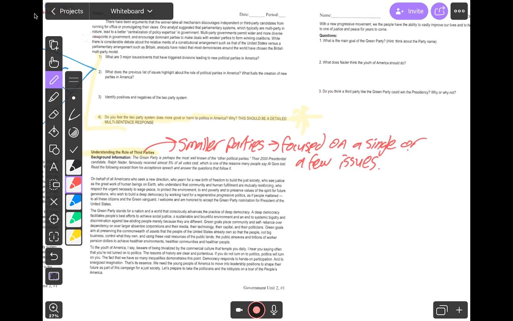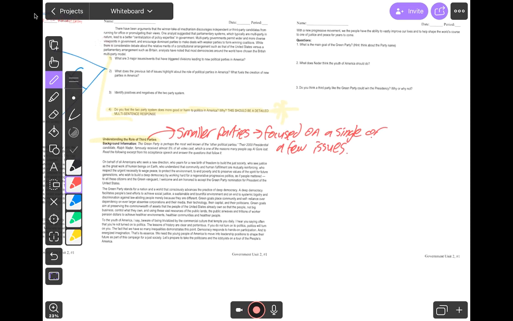Okay, so what you're going to be using this reading to do is try to figure out, well, what are the issues the Green Party is addressing? As you can see in this background reading here, in the 2000 presidential election, the Green Party had a candidate run, Ralph Nader, and he received almost 5% of all votes in that election. And that's a huge amount of votes for a third party. Okay, so we're trying to figure out what about this platform probably drew people in. What is the role of third parties? And could a third party in America ever win with the current system we currently have? Okay, so that's what those questions are focusing on.